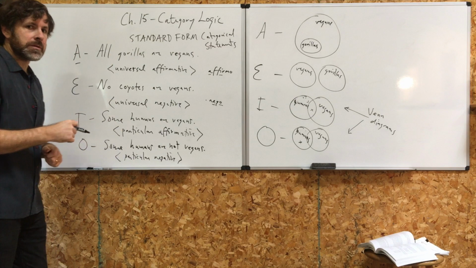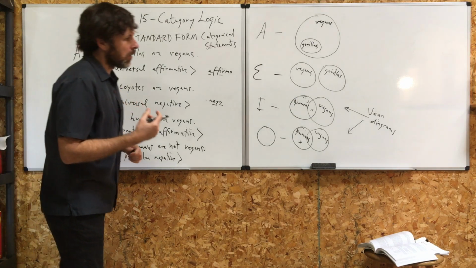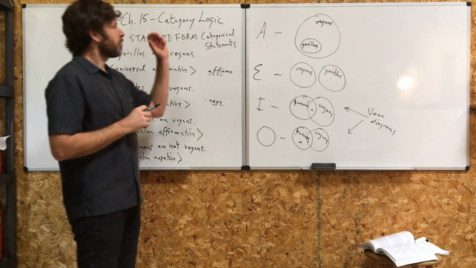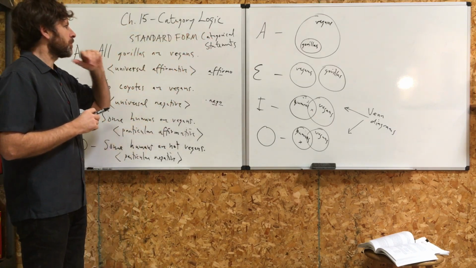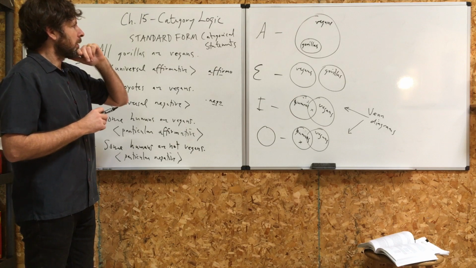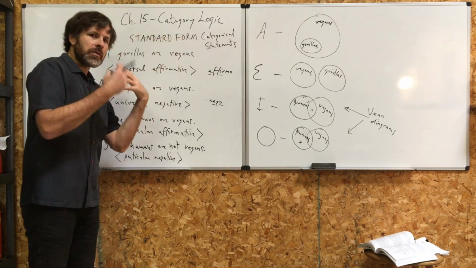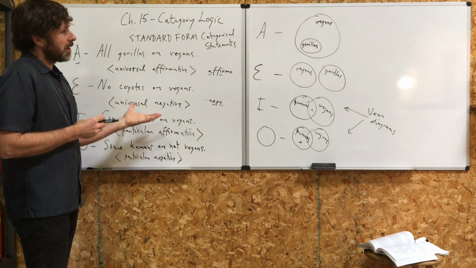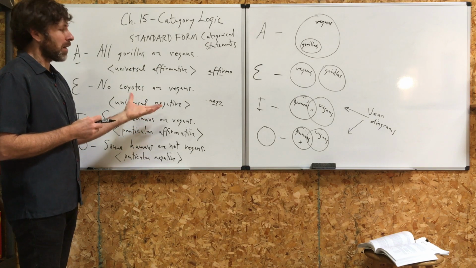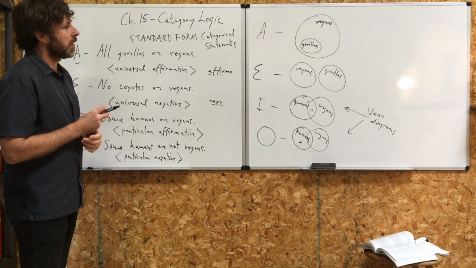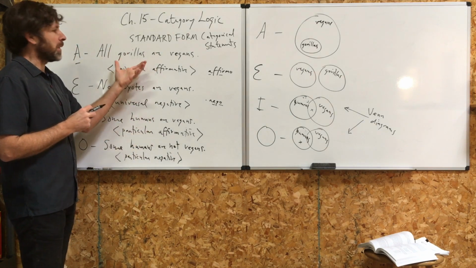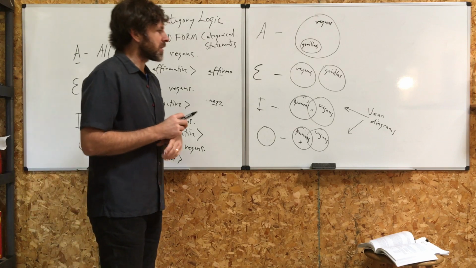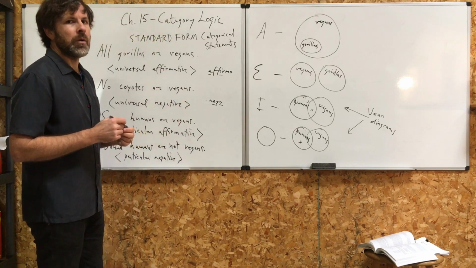Memorize these forms. The next video that I'm going to create is to take English language statements that are not in standard form and then translate them into standard form. And you can see that we'll be able to actually take a lot of English sentences and do that. Ones that don't initially look like they'd be categorical statements actually are. We'll put them in that form. Some of them will be a little bit tricky, so wait for that video.